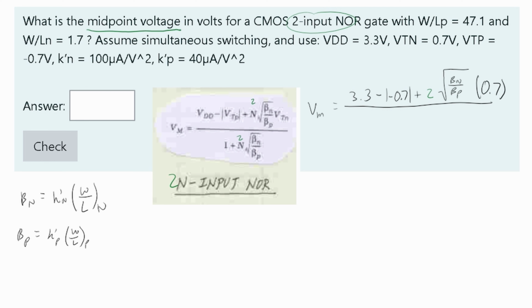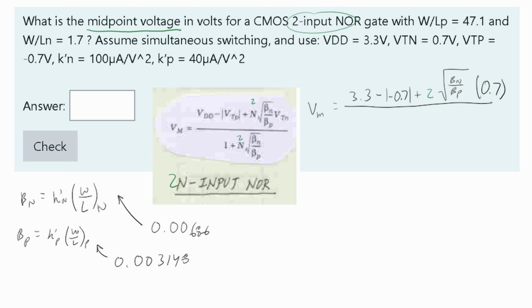We're given W/L P, we're given W/L N, and then we're also given K prime P and then K prime N. Make sure you're accounting for units. I don't think they make that big of a difference for this problem, but that's just something to note. For our specific problem, for our beta N, I am going to get approximately 0.00686. And for our beta P, I'm going to get approximately